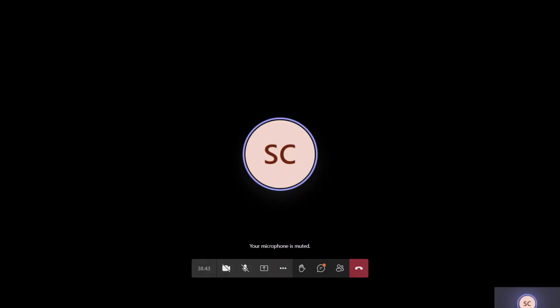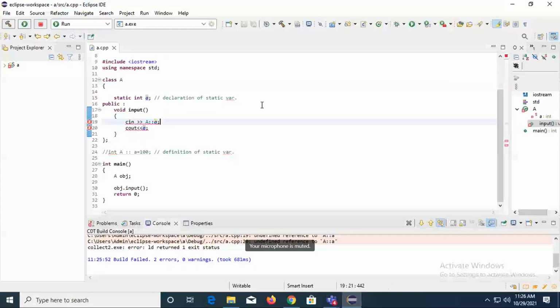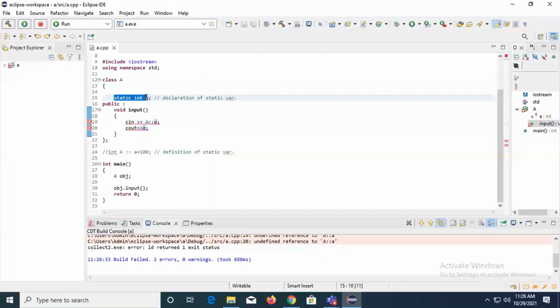This is mandatory. Fine. Static variable accessing. Let's try it now. But still it is not working. The meaning is you must declare it inside the class if you're making it a member of the class, but it should be defined outside the class.